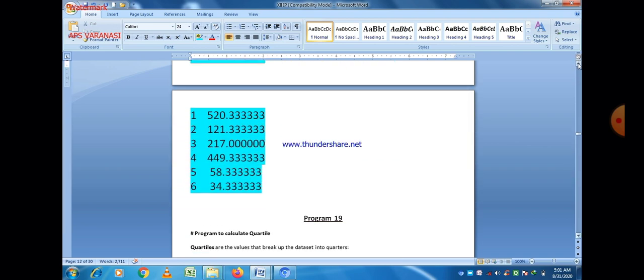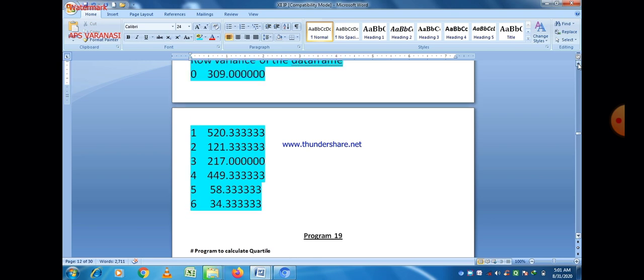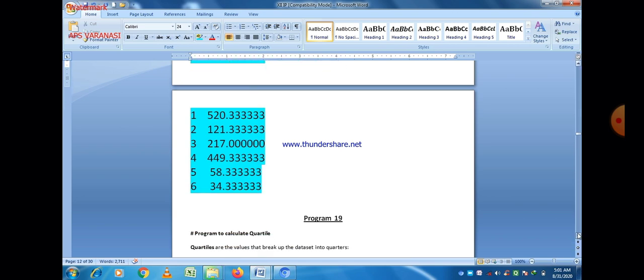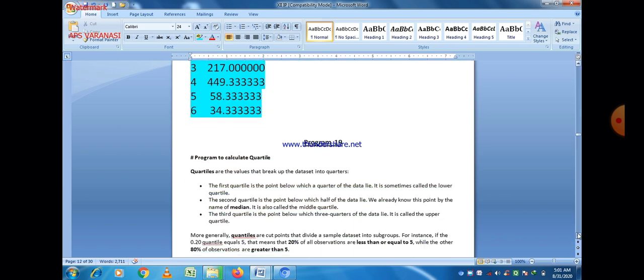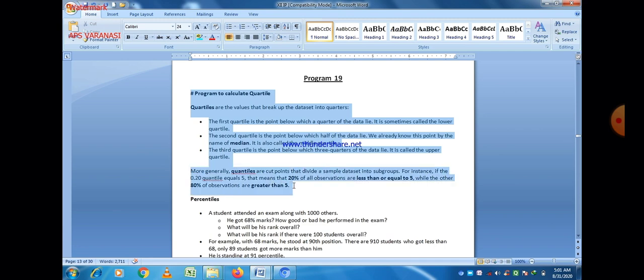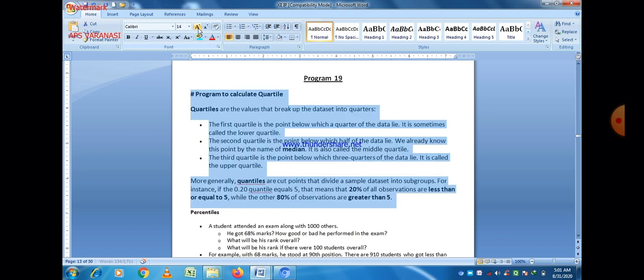also there. So this is the program to calculate standard deviation and variance. The most important thing is that to calculate standard deviation there is a method named std, and to calculate variance there is a method named var. In the case of a data frame, if you want to calculate it along axis 1, meaning row wise, then we should pass it as